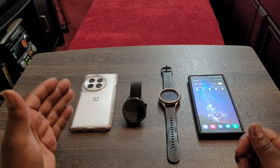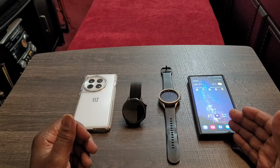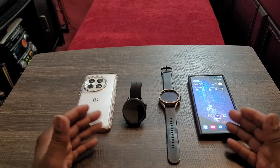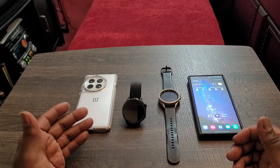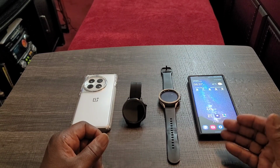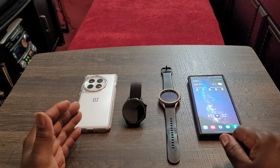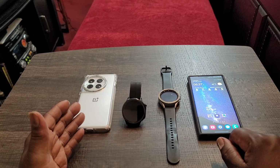And this just does so many things better than the S23 Ultra, in my opinion, just based on the fact that I use both of these devices almost every day. This device, I just enjoy using it more. Now, I do like the software better on the S23 Ultra, the One UI. I do prefer One UI, but when it comes to overall performance, and I don't dislike Oxygen OS, but